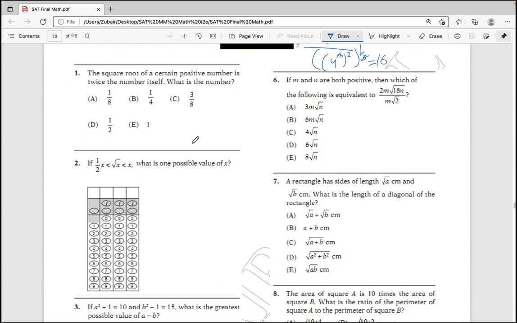Let's go through few questions. The square root of a certain positive number is twice the number itself. Now we'll solve it by squaring both sides. x is equal to 4x square. Bring it on one side: 4x square minus x equals 0. Take x as common. We're left with 4x minus 1 equals 0. So either it is 0 or x is equal to 1 by 4. Both options may be correct, but only one is present. So it's just